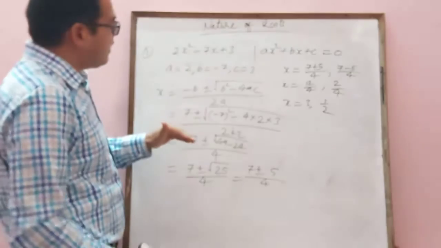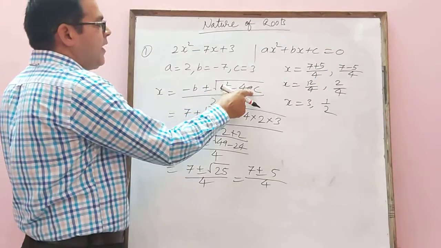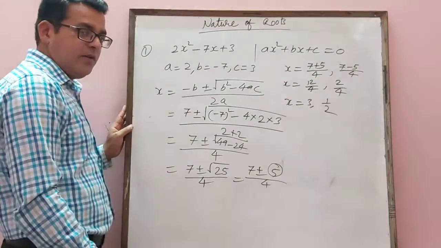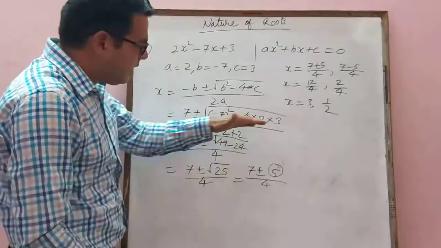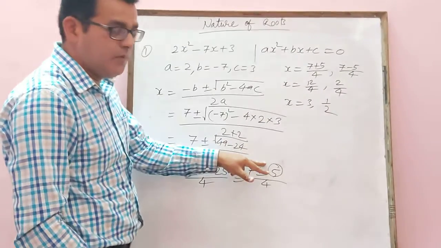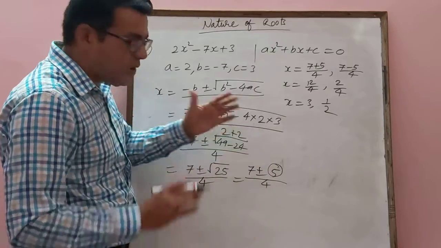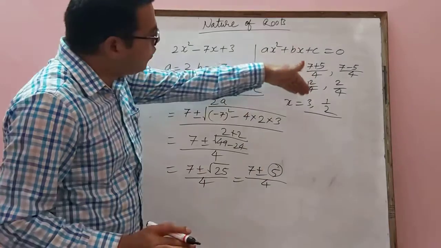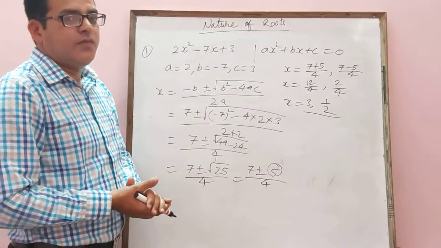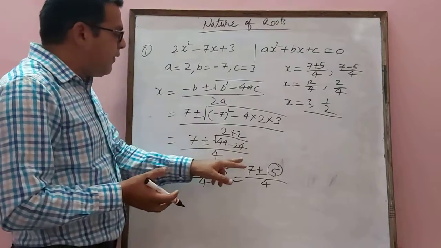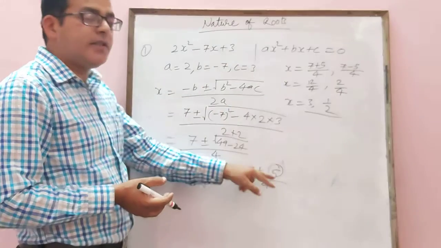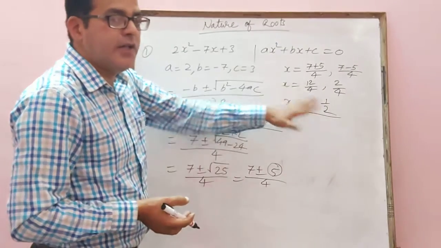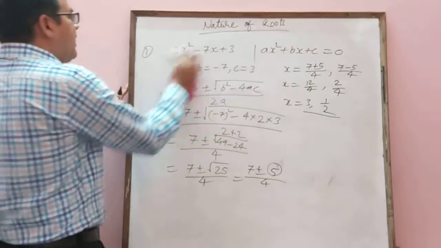Right? So you can see here the value of this discriminant b square minus 4ac is 25. This is the value of the discriminant, and this value is greater than 0, that is a positive value. So if the discriminant is positive, what are we getting? We are getting two distinct roots. These are real numbers. So two distinct real numbers we are getting. So we have proved it. If the value of the discriminant is greater than 0, that is positive, we have two distinct real roots. Hope you understand. Now the second case I am discussing here.